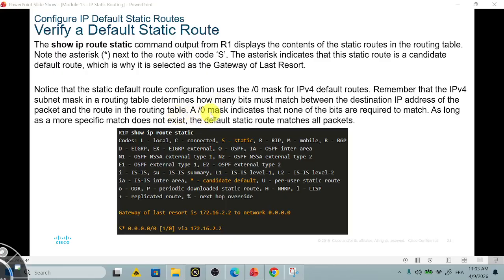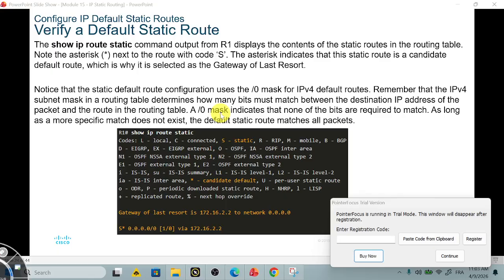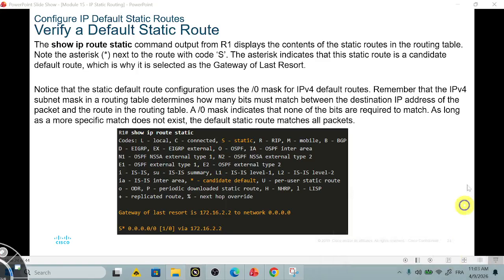A /0 mask indicates that none of the bits are required to match, as I said to you, as long as a more specific match doesn't exist. The default static route matches all packets. Yes, because